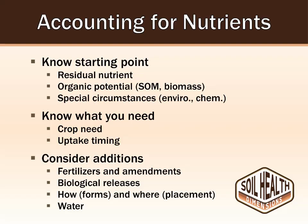Summing up, accounting and planning for nutrition involves knowing where one is starting at, what the crops will need, and what options are in terms of ways to getting nutrients to the plant. Testing at the outset should determine whether there is any residual plant available nitrogen nutrient existing in the system, what additional nutrient could be supplied by organic matter within the system, and whether there are any special circumstances such as environmental factors like weather or the chemistry of a soil that could impede nutrient delivery